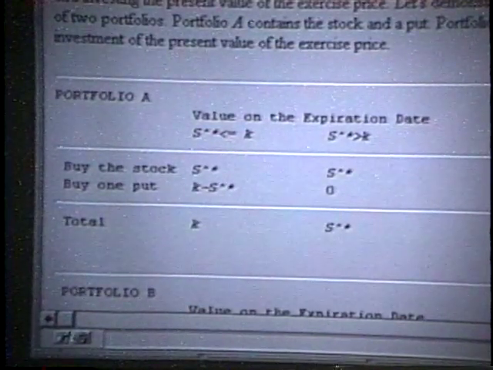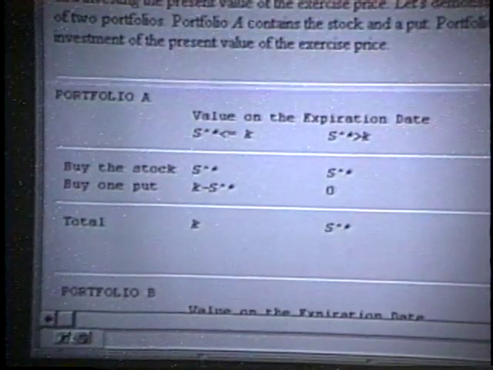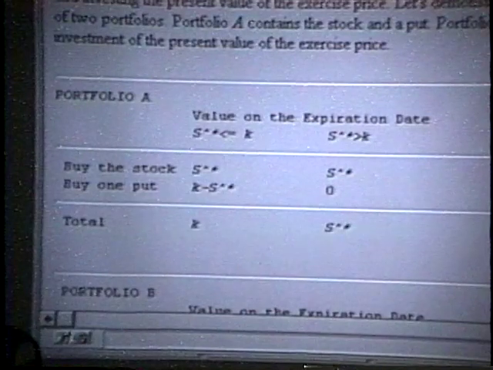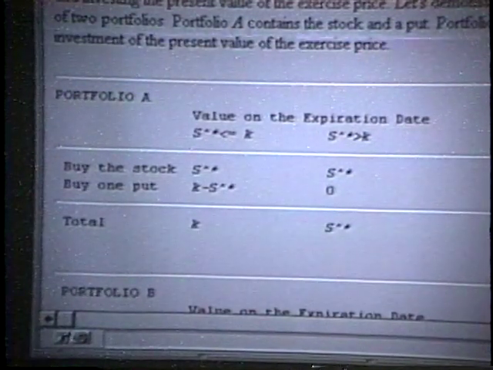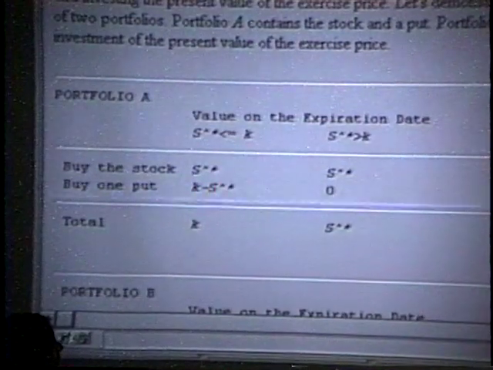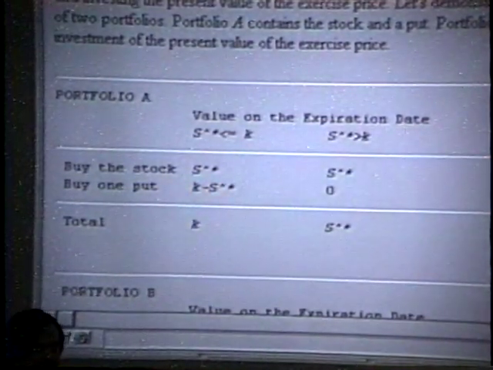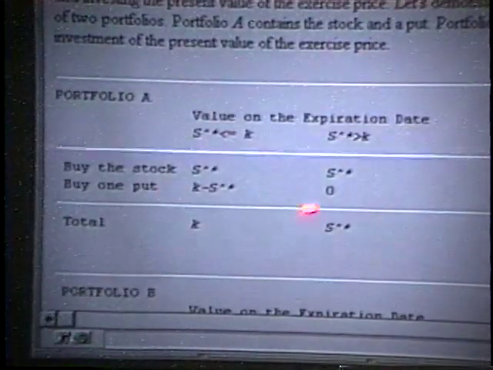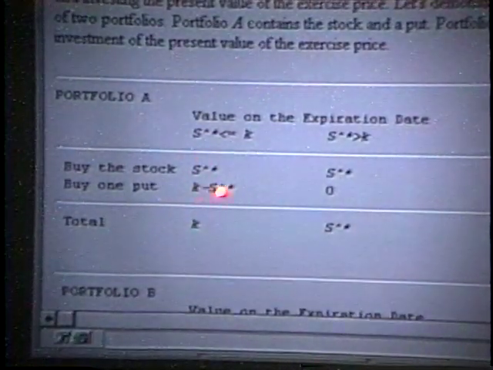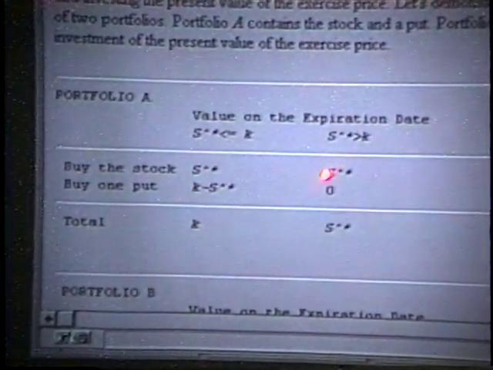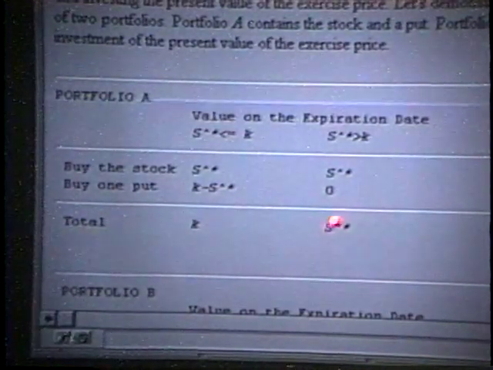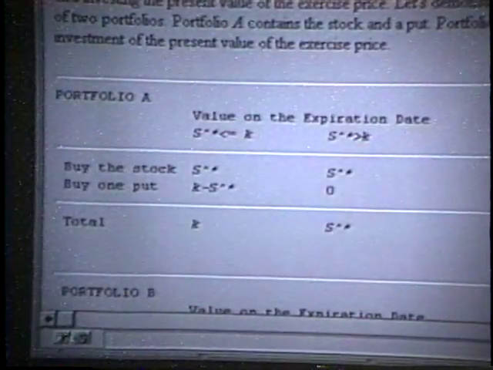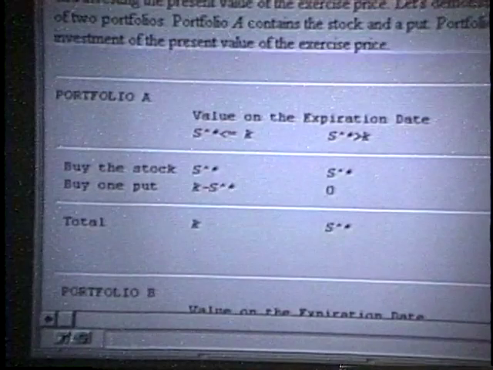That makes sense? Well, in our example where the exercise price is 100, you've got the right to sell at 100. If the final price is 90, then this option's in the money. So K minus S star is 100 minus 90. The payoff to a put option. Now let's add up these two components. S star plus K minus S star equals K. And S star plus 0 equals S star. And this is the total payoff. And this is just what I used to plot that graph of the portfolio insurance. That's portfolio A. Portfolio B,